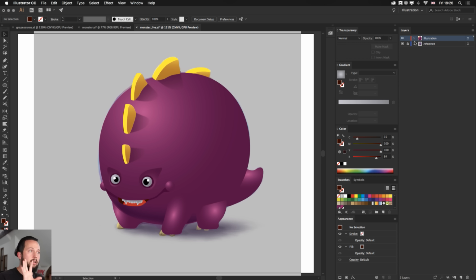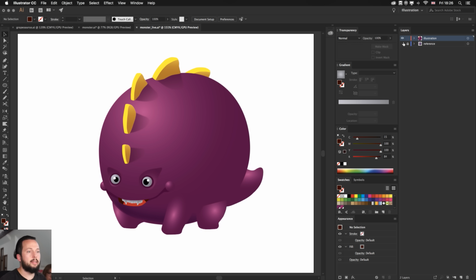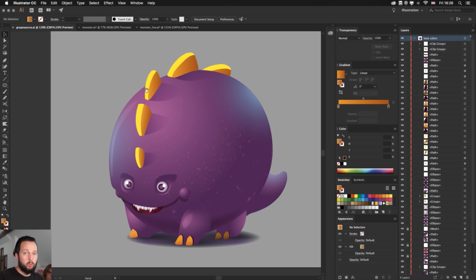So we created the original drawing in Photoshop, and that's what we used as reference, but it could have been any other references as well, of course, a simple sketch on paper that you scan in, whatever you produce in any applications you want, or even a photo reference, and you set that as a template layer, and then you work on top of that, and then once you are ready, you can of course turn that off. I'm missing still the claws and the shadow underneath, but I think it will just repeat the techniques that we already covered. I have here the final result, which has a little bit more effects.